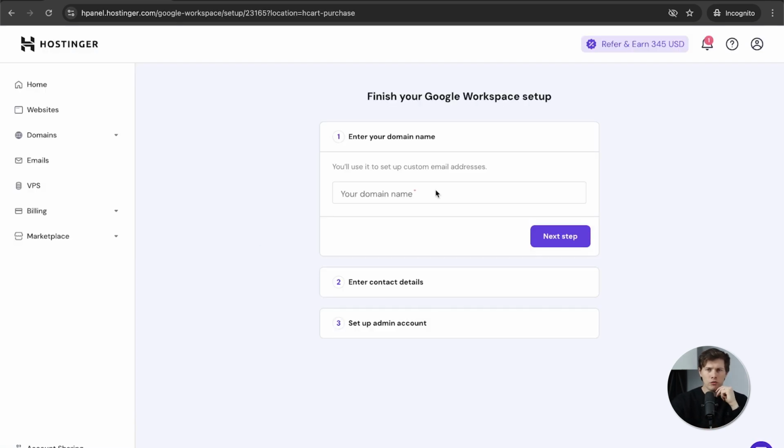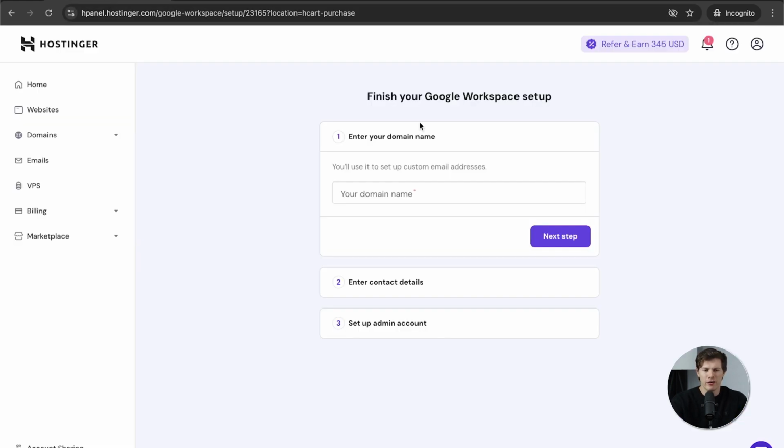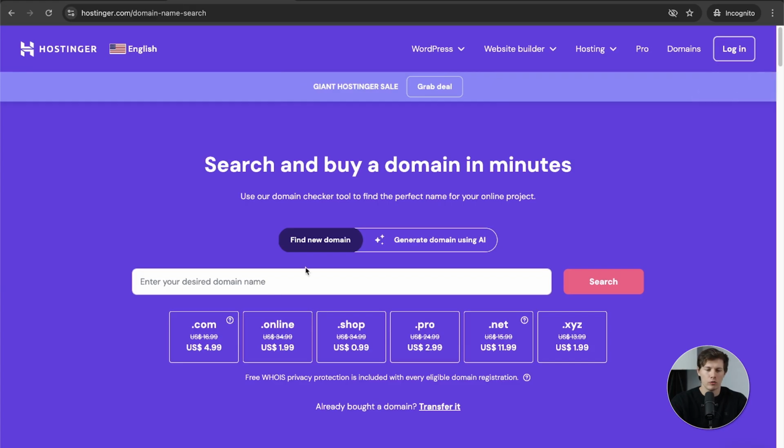So now we can choose our domain that we're going to be using for this professional email and later someday maybe for our website. So I have a new tab in this link I'll have down below in the description as well. This is just a kind of a more easy to use domain finder. It's through Hostinger still, but it's better than this when you're trying to kind of brainstorm what your domain could be. So let's just say I want to be Karate Island, or the Karate Island, and we'll say search,